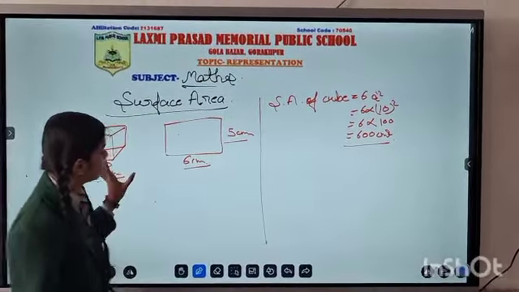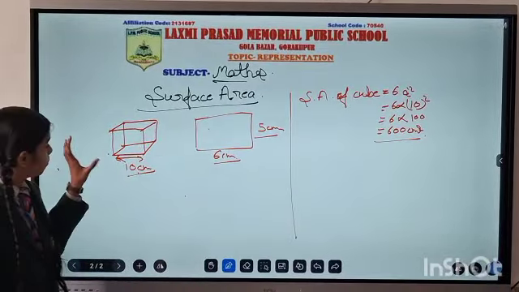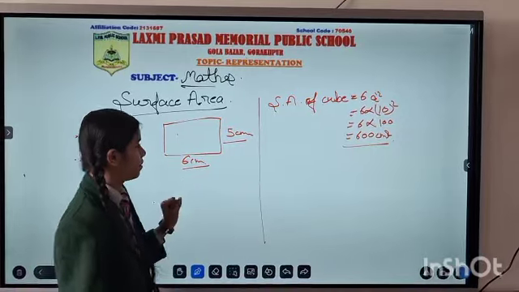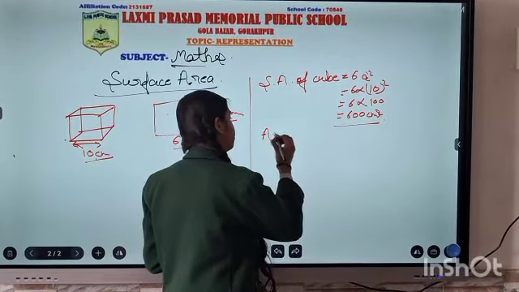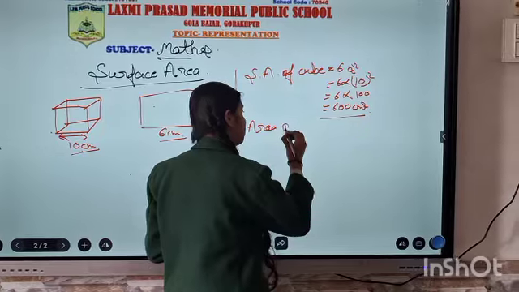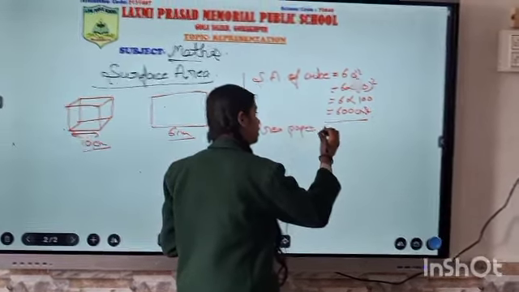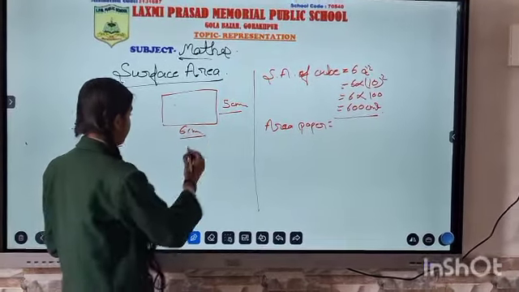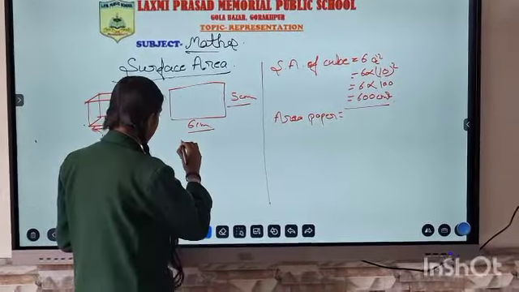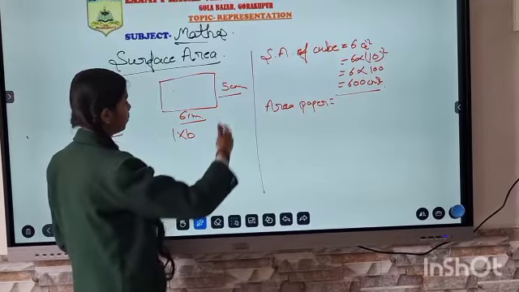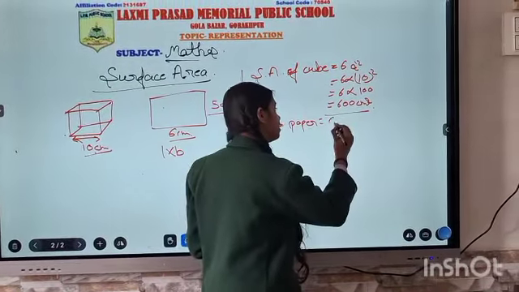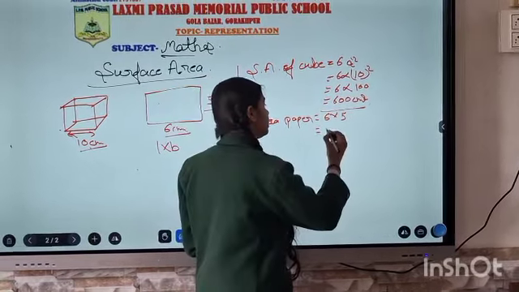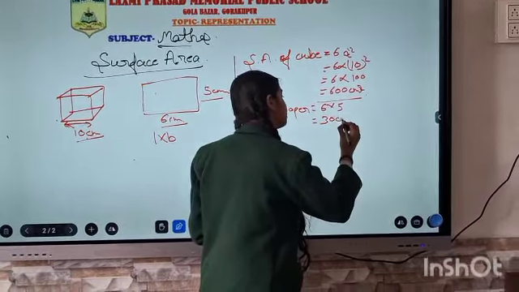Now we have concluded that the surface area of the box is this. Now the area of the page or paper: the paper is in the form of a rectangle. So the area of a rectangle is L into B, means length into breadth. Length is 6 centimeter into 5 centimeter. So the area of the colorful page is 30 centimeter square.